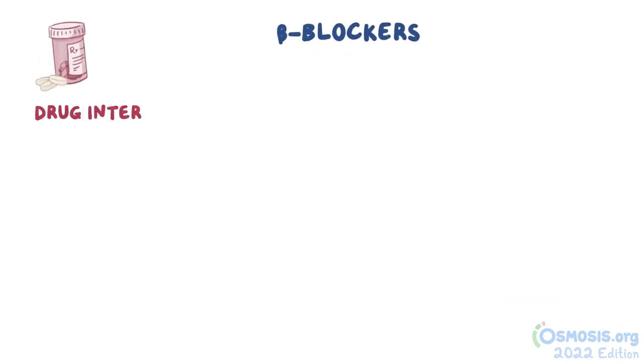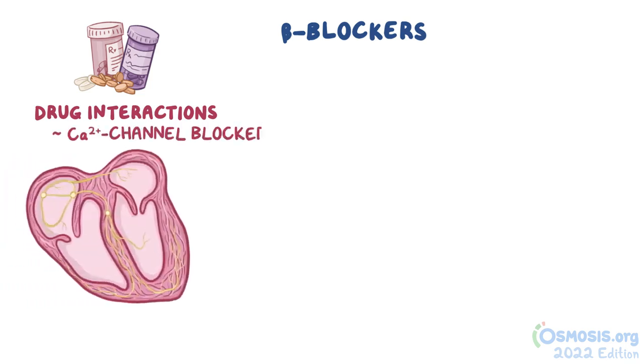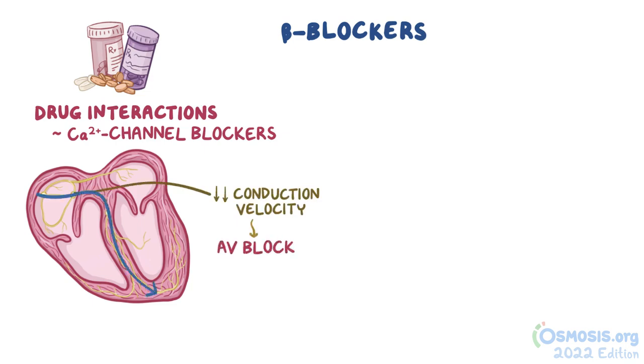As far as drug interactions go, Class 2 antiarrhythmics should be avoided in individuals treated with calcium channel blockers because of their additive effect on conduction velocity through the AV node. Ultimately, this can result in AV block, which is a partial or complete disruption of electrical impulse conduction from the atria to the ventricles. Moreover,